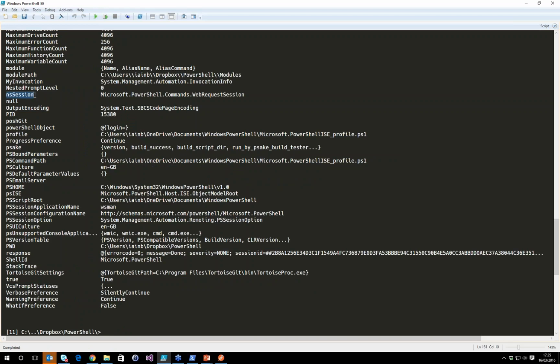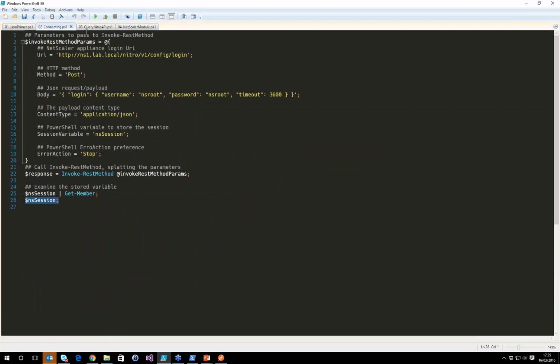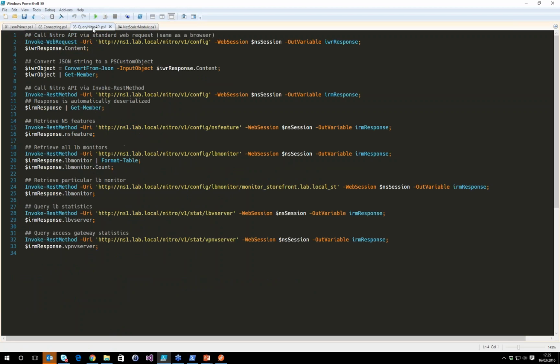So I can use this and pass this into each of the API requests that I want to make to query the API. That information, the authentication header, effectively goes with it. So let's look at querying the API. I've just got some examples here of querying